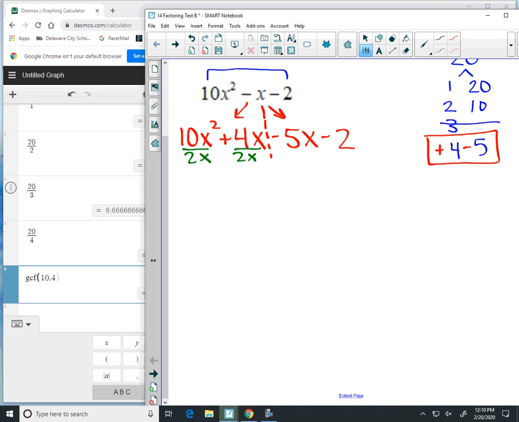You can always take out an x from the first 2 when you're doing a trinomial. Okay? 10 divided by 2 is what we're going to do first after we put this 2x on the outside. 10 divided by 2 is 5. X squared divided by x is x. Plus in the middle, 4 divided by 2 is 2. And the x is canceled. With this negative down here, whatever sign is in the middle, whether it's positive or negative, that sign needs